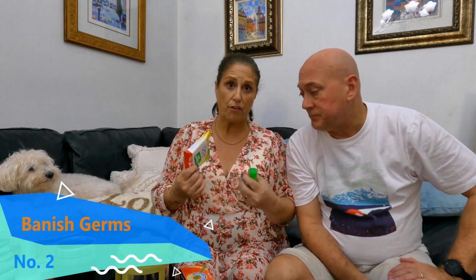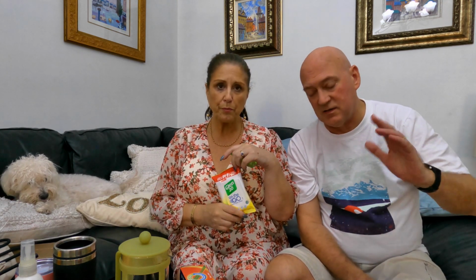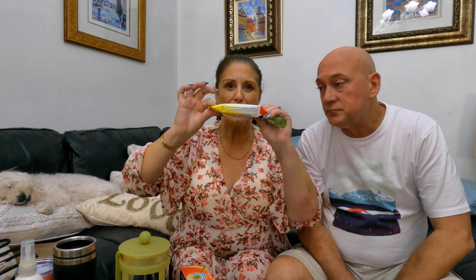Next thing is something we've always taken on holidays for years and years, but particularly on cruises, because there are always viruses going around, like norovirus, which affects the tummy. So it's the Glen 20 disinfectant wipes. You can get these in little packs, so you don't have to take your whole household pack. Although your cabins are always spotless, they may have had people in them that have been